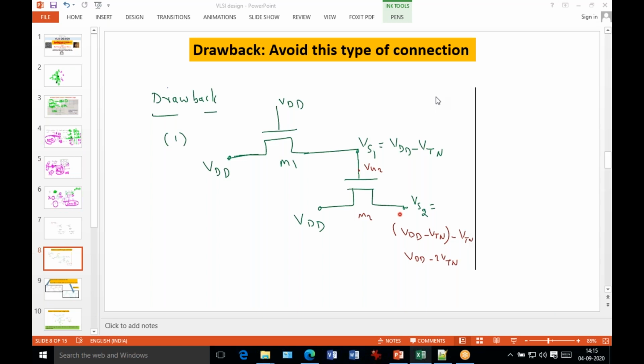But here, I just discussed that some drawbacks are also there in this technology. Of course, I already told you in the starting that high speed circuits are designed by the pass transistor logic. It is good, but your output signal degrades after cascading of the circuit. If you cascade a larger number of transistors, then your output signal degrades. Your output signal strength is not good. So now we discuss it.